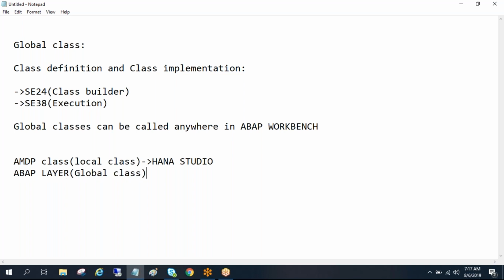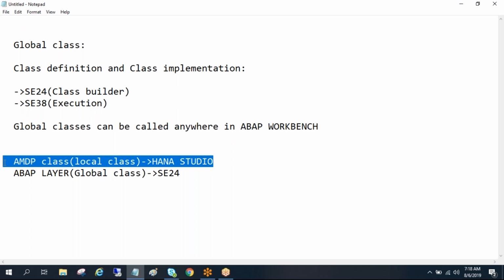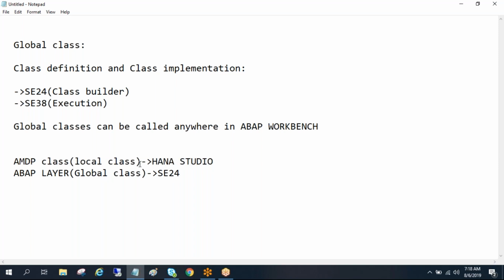Remember these two are very important. So the ABAP AMDP class we create as a local class in HANA Studio, and it becomes global when you go to the ABAP layer, nothing but SE24.